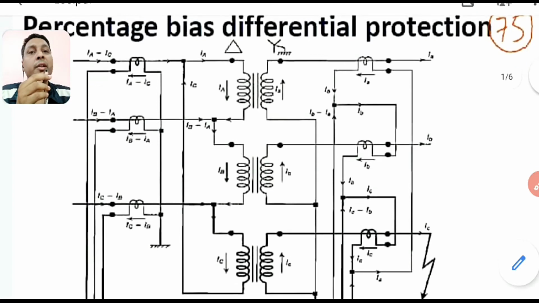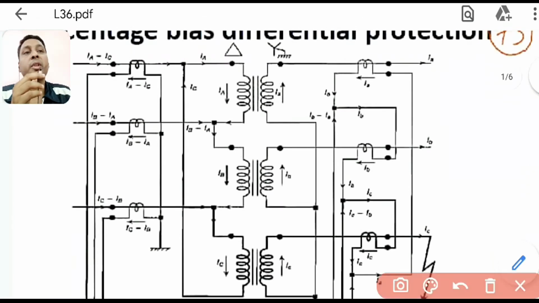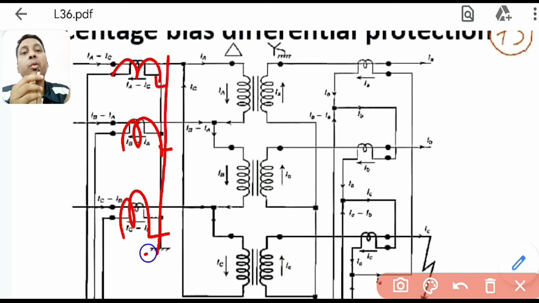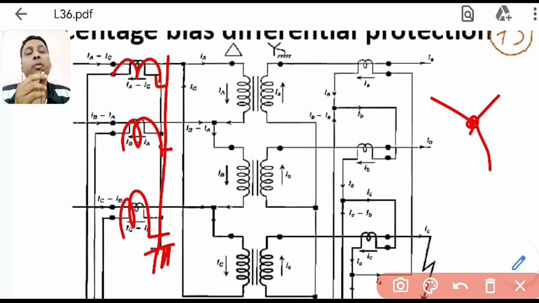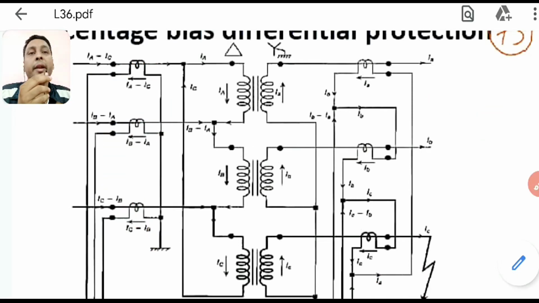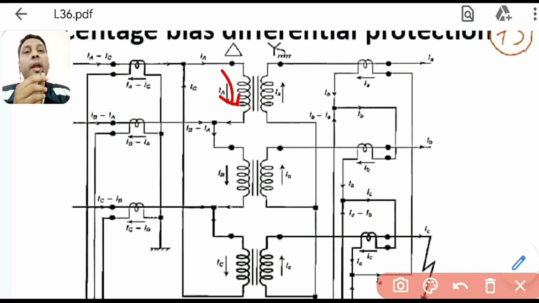Now for star it is easy, because for the star connection you have 6 windings. So you have windings 1, 2 and 3. One side will always be connected together, and you can think of it as a common point for all three. So all three are joined at a common point and one terminal from each is taken out. Now let us mark the currents. Because of the dot, this current is taken as IA, this phase is taken as IB, this phase is taken as IC, three phases.